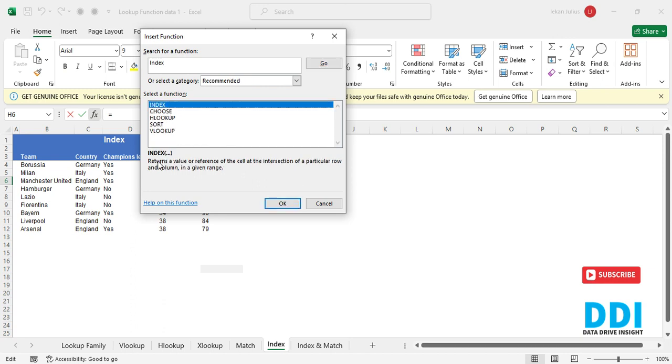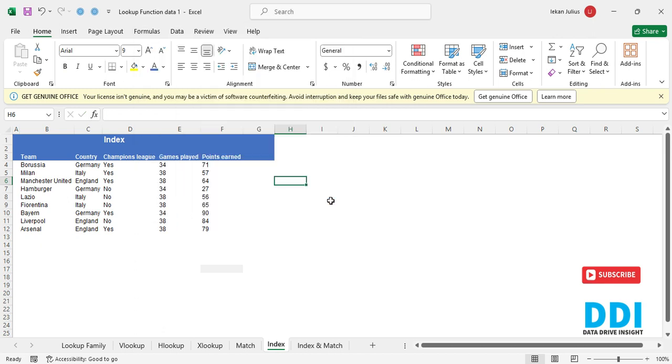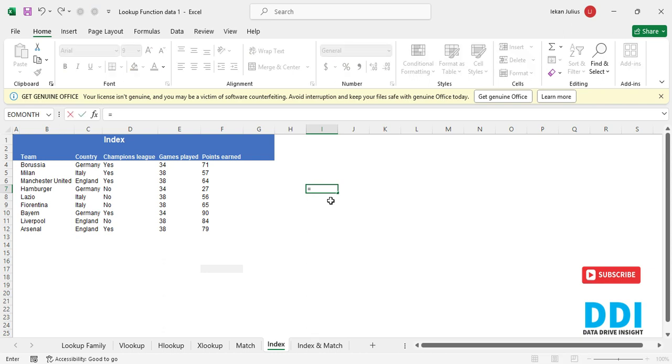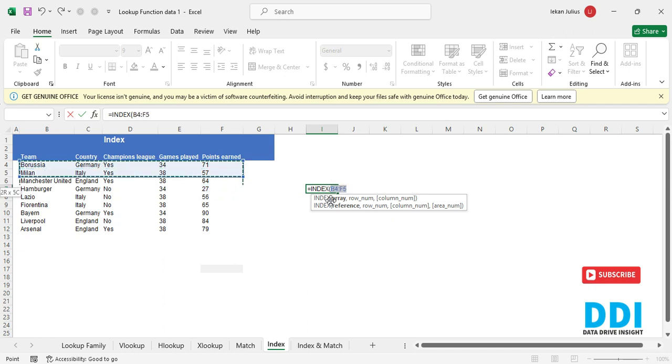You can see what we have here. It returns a value or reference of the cell at the intersection of a particular row and column in a given range. If you are stating a particular row and column, but sometimes you might only need to specify just the column, or only the rows. So let's start with the row and column. So if I tell Excel, okay, equals index, then the first argument is array. So once you have highlighted the table array,